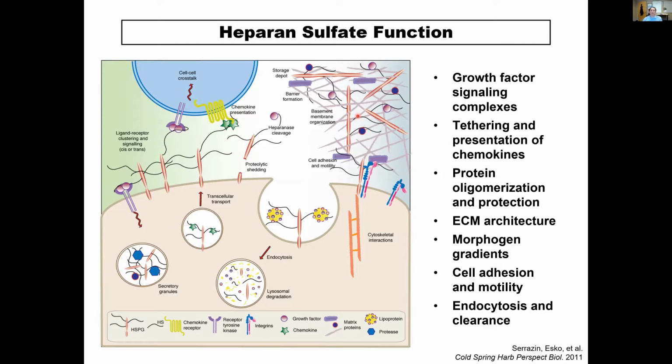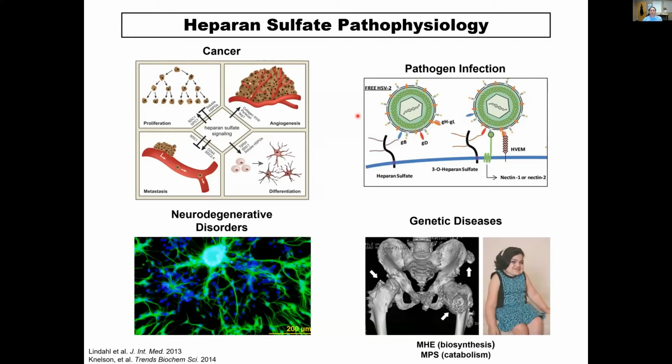So these are all the functions of heparan sulfate in normal important biological processes, but heparan sulfate has also been implicated in many different pathophysiological conditions as well. One of these main fields is the field of cancer, where heparan sulfate biosynthesis or proteoglycan expression can be upregulated in certain cancer types, and it also can be downregulated in certain types of tumors as well. And so heparan sulfate, because it's involved in binding growth factors and involved in cell growth and cell proliferation and angiogenesis